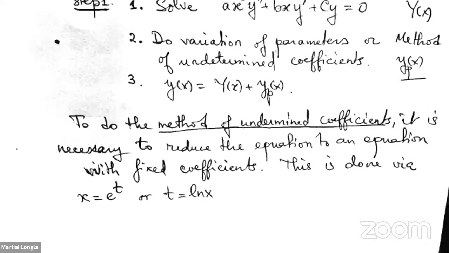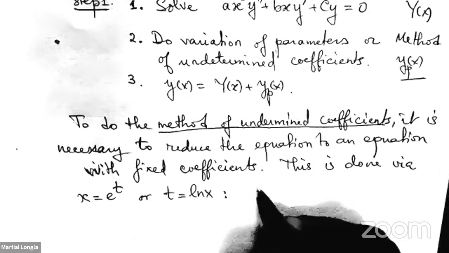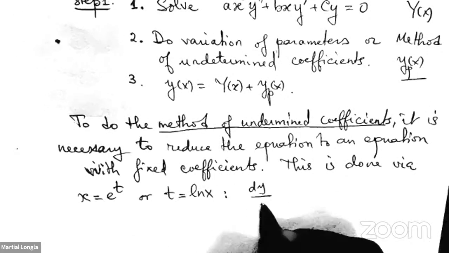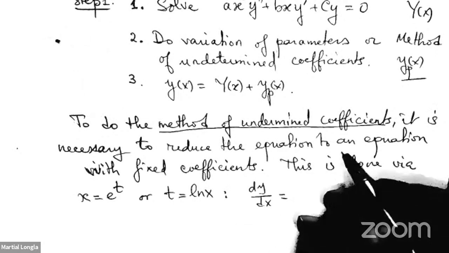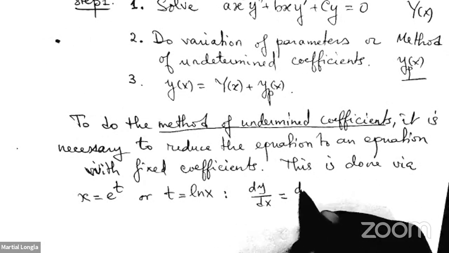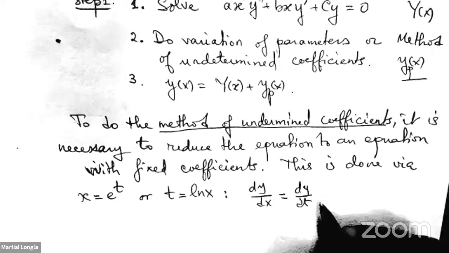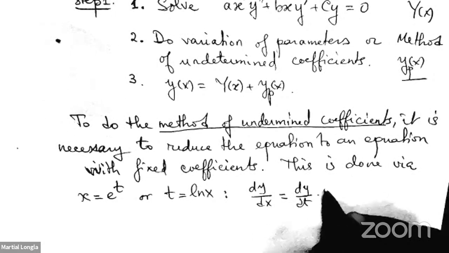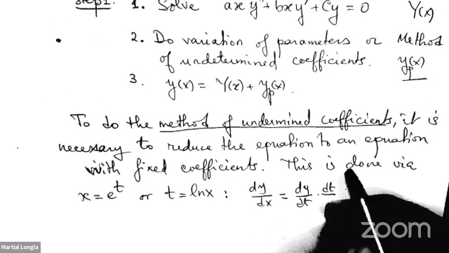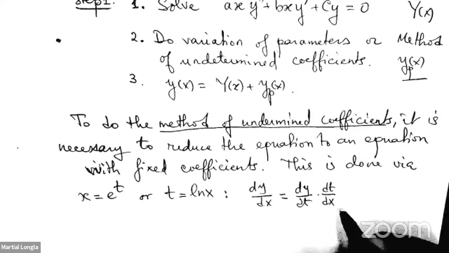So we do this substitution and we use t instead of x in the equation. When you do this, you figure that dy over dx is equal to dy over dt times dt over dx,